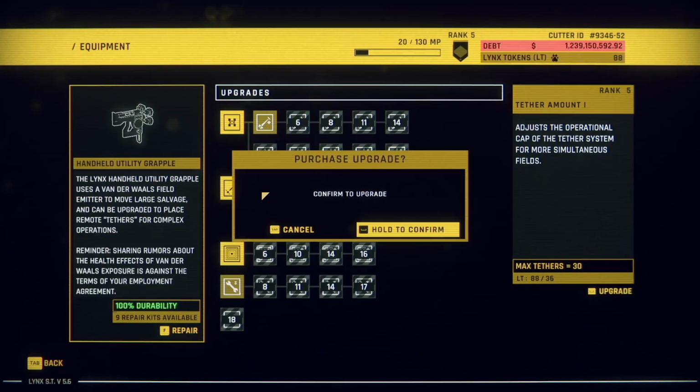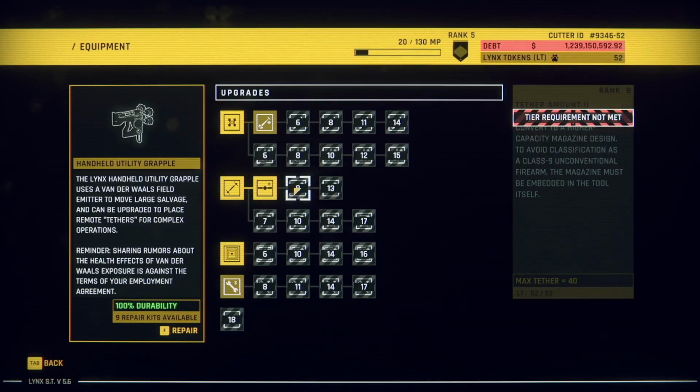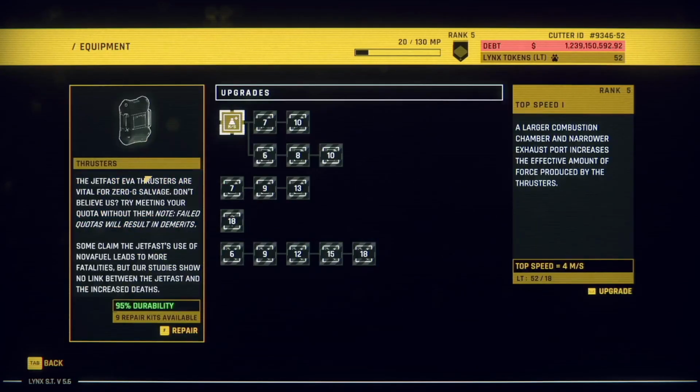Tether amount, though, is amazing. Max tether is 30 from 20. And we can get the amount up to 40, 50, and 50 later on. And then we can get the strength up as well. A durability drain is also amazing, but first I want to see...